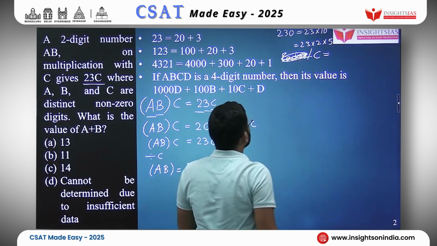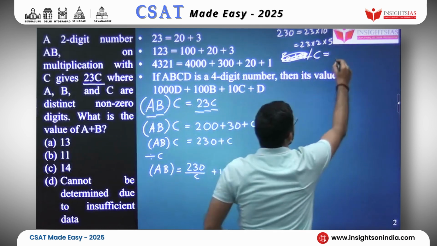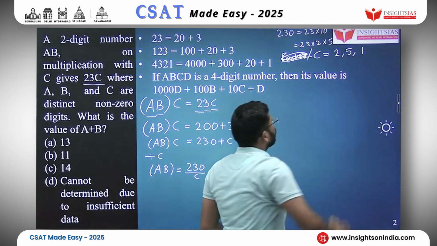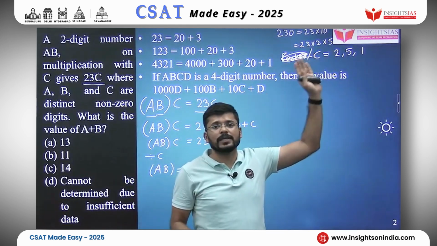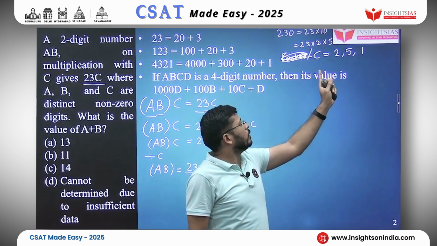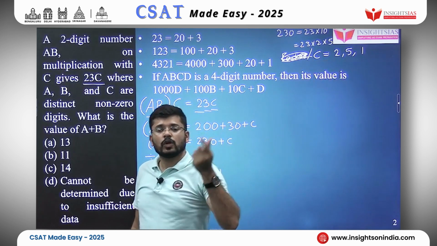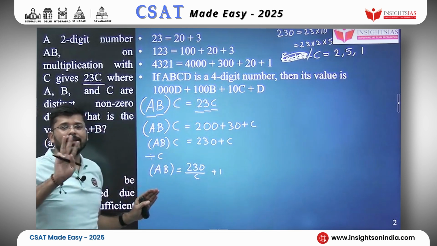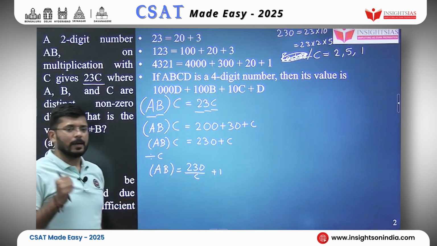What are the possible values that C can take? That would be 2, then 5, then 1 also, we cannot ignore 1, but it cannot take the value of 23 or 10 because they are 2-digit numbers. So C has to take only a single digit value. So the possible values of C are 2, 5 and 1. They are the only 3 single digit numbers which will divide 230 without a remainder,